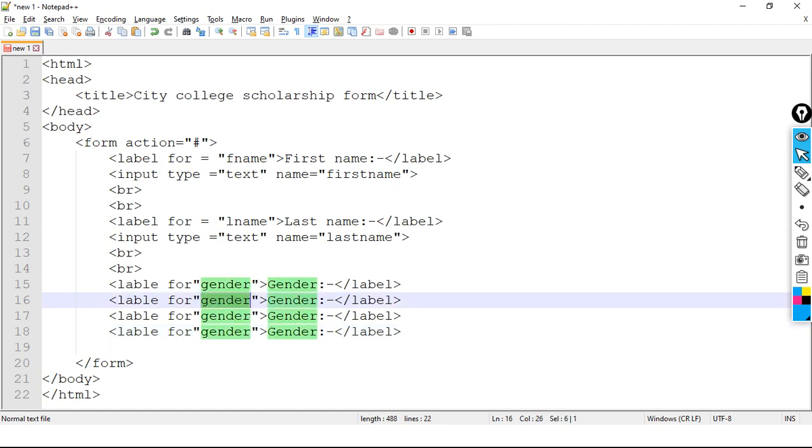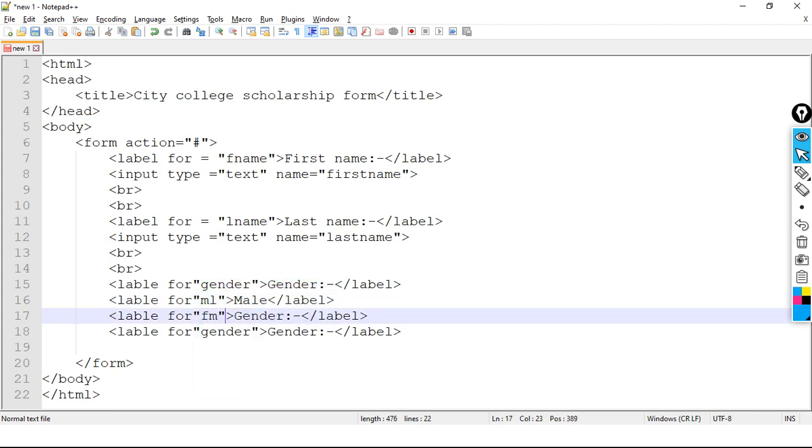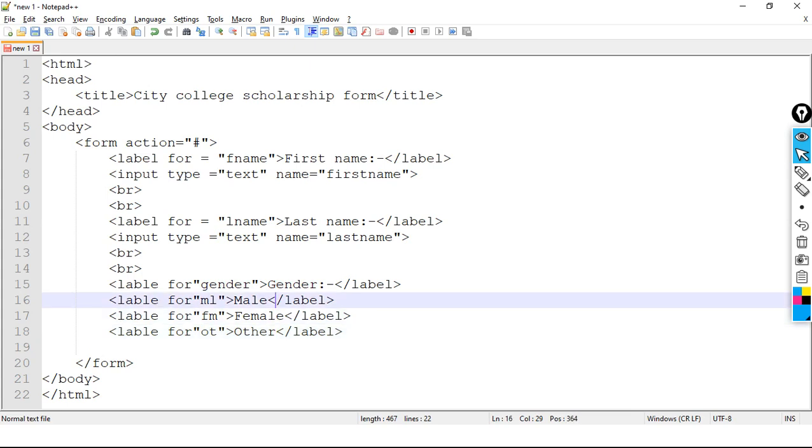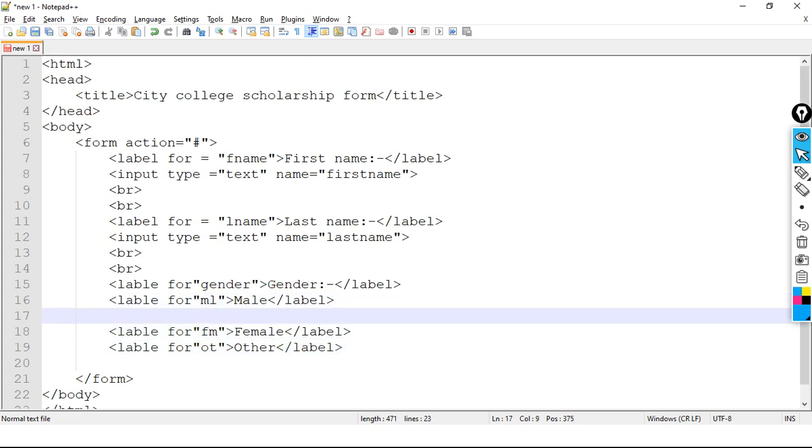So a label for male, for female, and for other. Okay, so these are the labels we have, but we should have radio buttons.